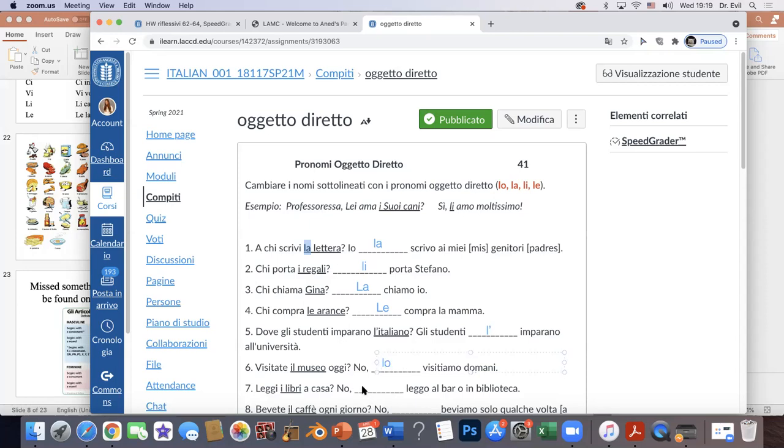Lo visitiamo, leggi i libri, no, li leggo, etc. I'm not going to do all of them, but you get the idea, right? Il is going to be lo. But you know, it's not only